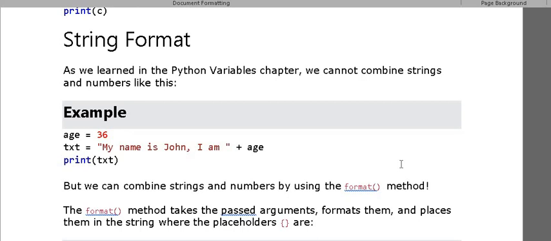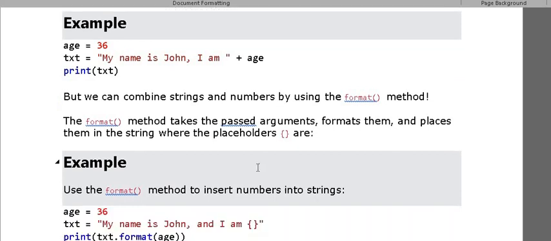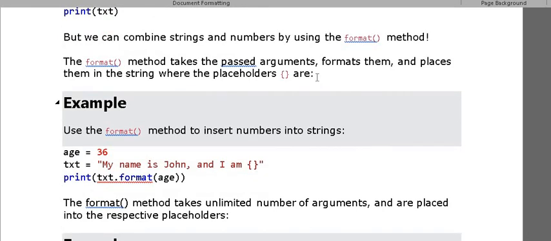my name is John and I want to add 36 at the end of this string, how can I do it? By using the plus operator. But we can also do the same thing with the format method. In the format method we pass the arguments, and we place them in the string by using the brackets.